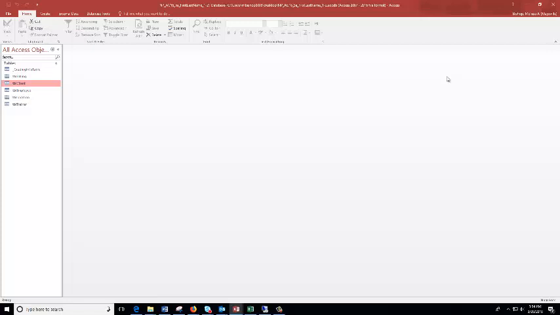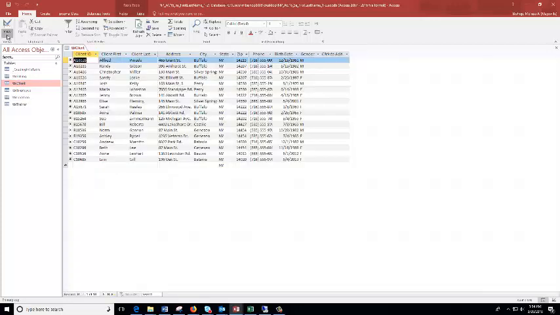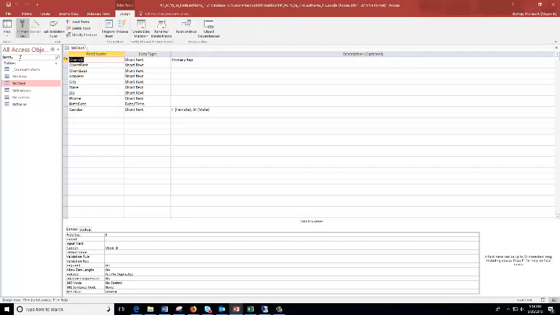Alright, so for step 12, we want to view the client table. So actually we're going to open it again, and we're going to switch that view to design view. So this time we want to create another validation rule, and this time we want it to be in the gender field. So I'm going to select gender, or put my insertion point in the gender field name